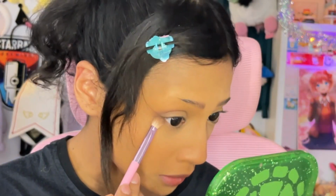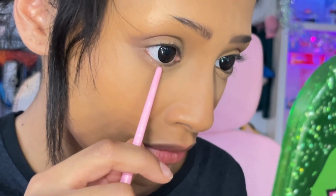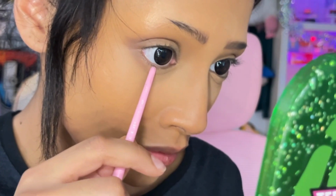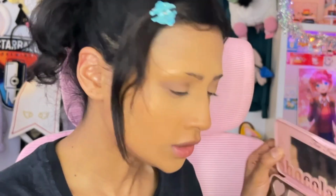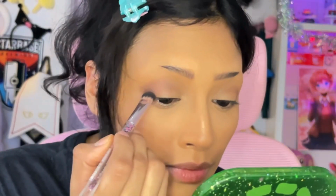And then, okay, I'm gonna take Mocha, which is a cool brown shade, and I'm gonna put it under here. Just imagine where there's gonna be a little chub. I'm gonna stay light and let's go into Malted. Don't go heavy. It's better to build than to go too hard and try to reverse it. So tap tap tap tap tap tap. Okay. So yeah,